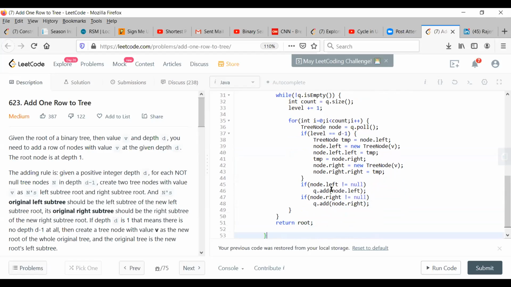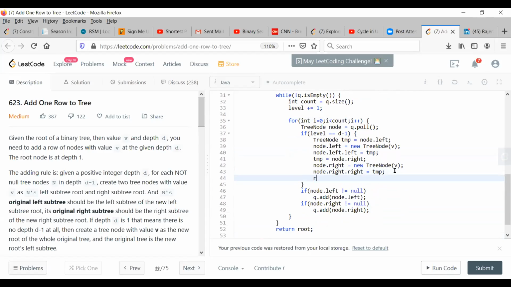Yep, this is a very good approach, BFS. It's a simpler version, but the logic is the same as what we had in the previous DFS approach. But you could actually have ended when you are done with the level equal to d minus 1. Here we can return it. Yeah, I forgot to return. There's no point of moving on. Yeah, that's a good one. Thank you.